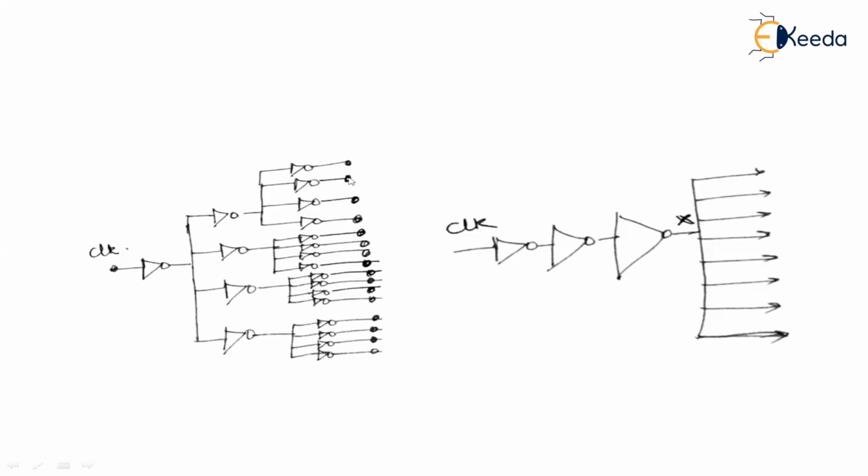We will make sure that all the load capacitances are the same. So how can we do it? We can size our inverters in such a way that all the receiver points are driven at an equal capacitance. So all my receiver points are driven at the same load capacitance.